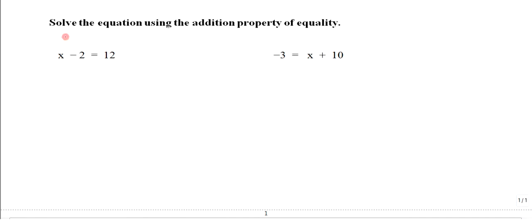Hi everyone. The instructions tell us to solve the equation using the addition property of equality. Most of the time the instructions will just read solve the equation. They're giving us a little extra hint here. Now I'm going to explain this and some of you probably don't need this detail of an explanation, but anytime